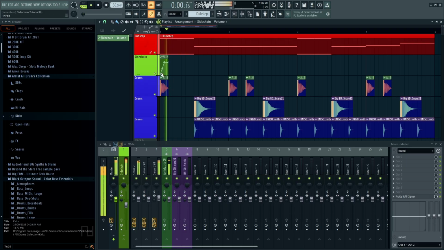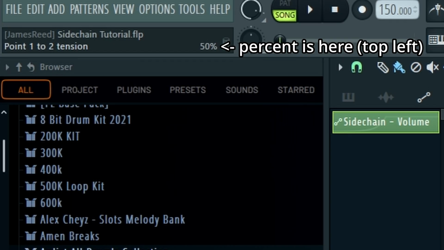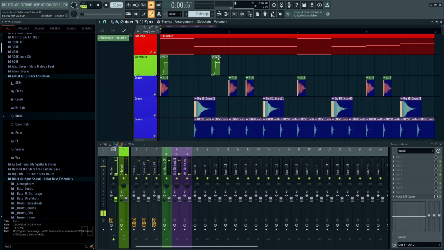And then if you put it all the way down, it ducks the audio and then comes back, and then you can adjust this right here, which is the tension. I recommend setting this to around 50%. And then you can just put this on every single drum hit right here, like this. And as you can see,